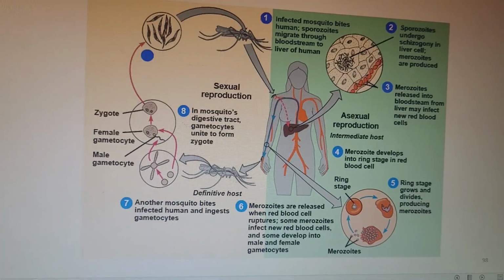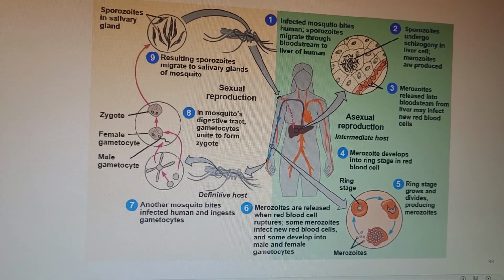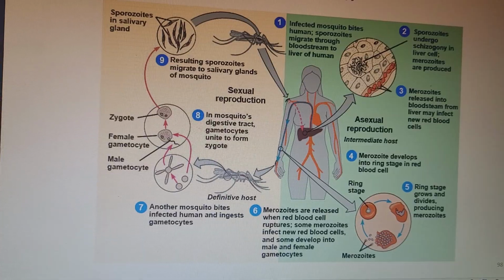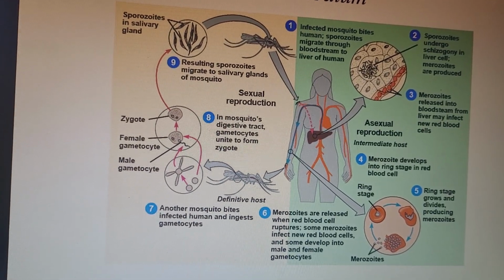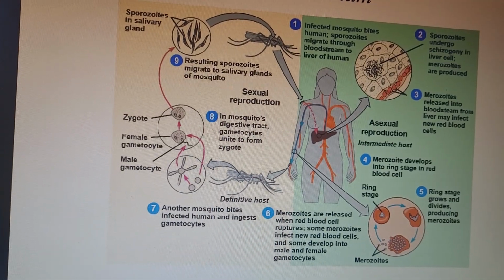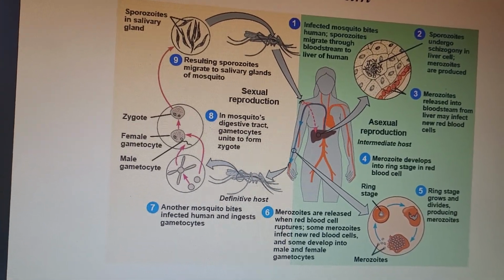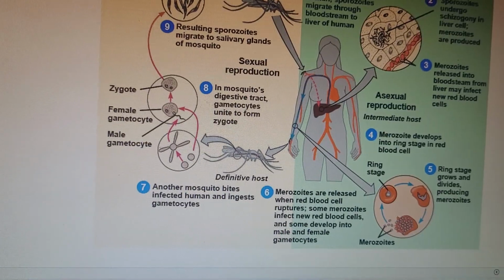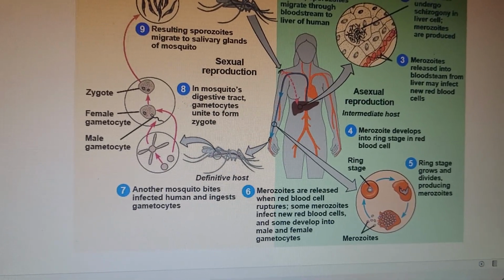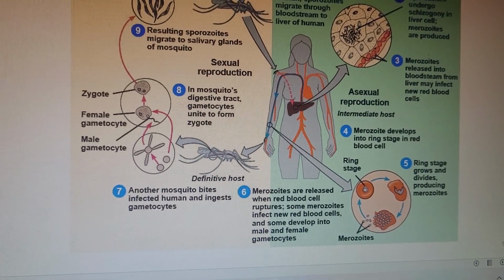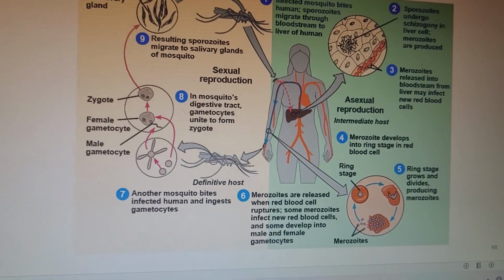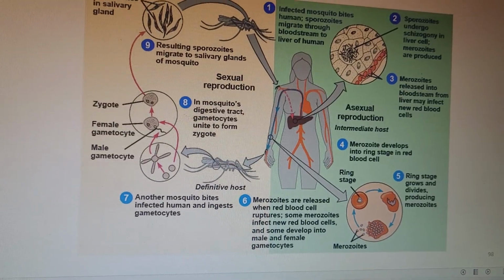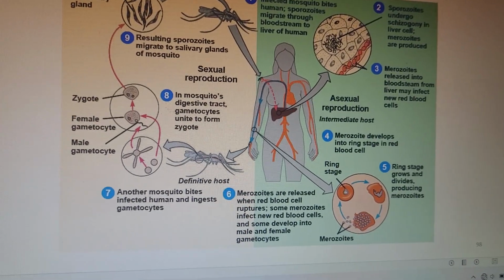It would later develop, resulting in sporozoites that migrate to the salivary glands of the mosquito. The sporozoites will be found in the salivary glands, and the cycle will continue over and over again. Now, to put more light, these ookinetes will later penetrate the walls of the stomach to develop into spherical cysts, what we call oocysts, which